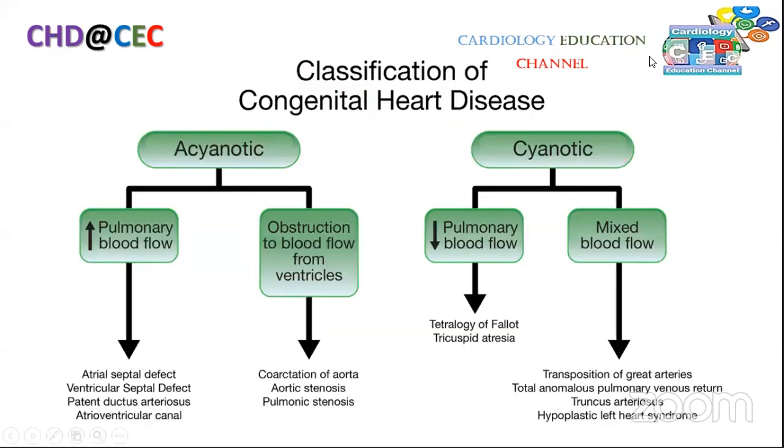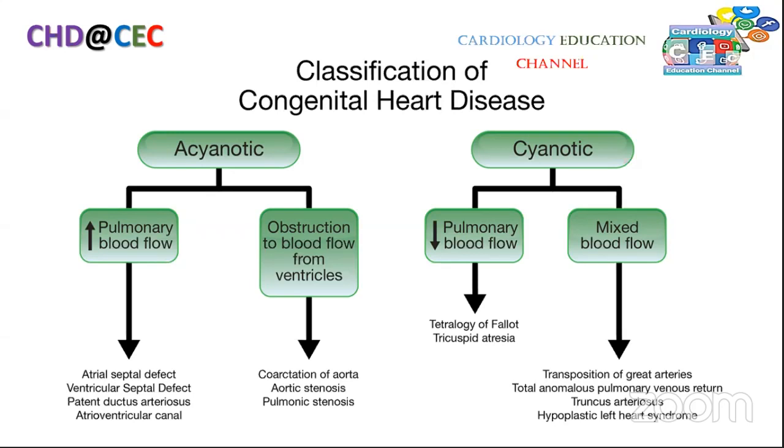So now we come to the simple classification of congenital heart disease patients, which is cyanotic and acyanotic patients. And acyanotic and cyanotic patients are also classified by the degree of pulmonary blood flow. If the patient is acyanotic with an increased pulmonary blood flow, this will be the category of atrial septal defect, ventricular septal defect, patent ductus arteriosus, and AV canal. If these acyanotic patients have an obstruction in the blood flow, they might have coarctation of the aorta, aortic stenosis,